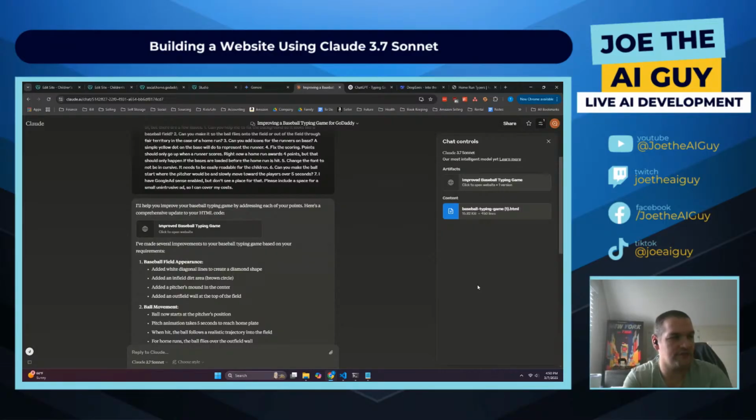Because I would assume if you had any real CS classes, you should be able to pull this off, assuming you did something with JavaScript or HTML. I could easily see this being a homework assignment for an introductory class, and them not being able to complete that, even though they're highly touted as one of the best in terms of coding tasks, I really have to wonder how they're actually handling the evaluation of being able to complete coding tasks. So I'll do more refinement in our next stream here,